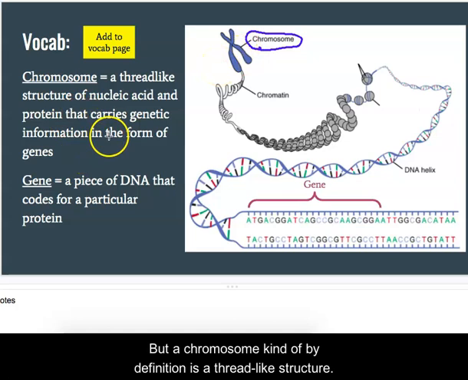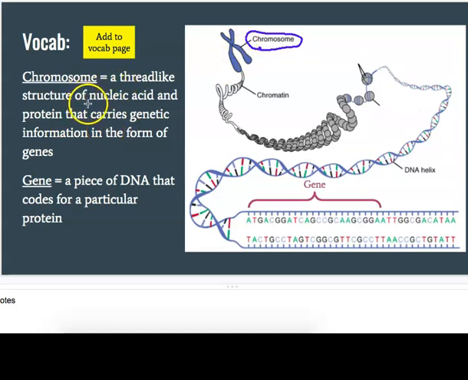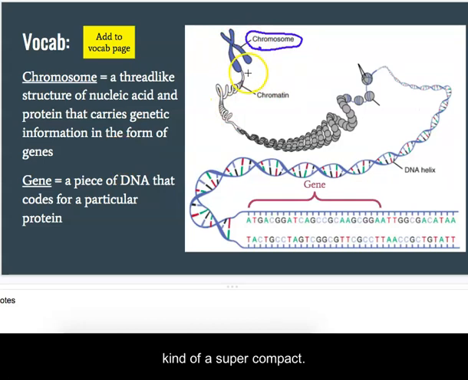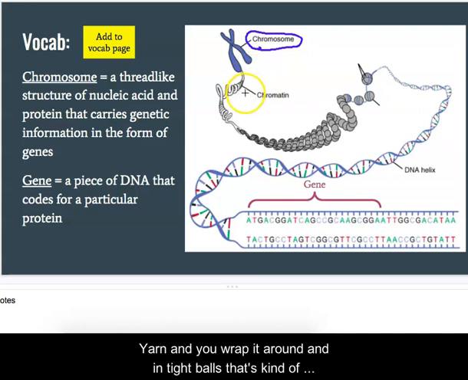But a chromosome, by definition, is a thread-like structure of nucleic acid and protein, and its job is to carry the genetic information. So you can see how if we have that chromosome, it's a super compact structure. If you think about it like DNA is yarn and you wrap it around in tight balls,